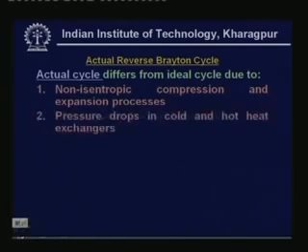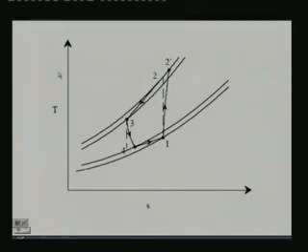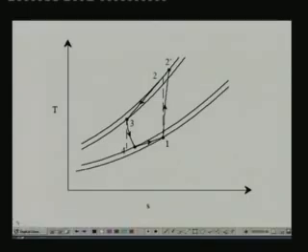This is the first difference between the ideal cycle and the actual cycle. And the second difference is we have neglected all the pressure drops in the cold and hot heat exchangers. Typically when a fluid flows through a heat exchanger consisting of long lengths of tubes, there will be fluid friction and pressure drops. In the ideal cycle we consider that there are no pressure drops, so you have only two pressures, whereas in the actual cycle there will be pressure drops. So these are the two reasons why the actual cycle differs from an ideal cycle. I can show this on a diagram, so you can see the difference here. Here 1, 2, 3, 4 is the ideal cycle,